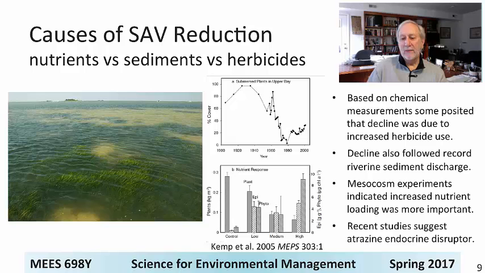Now, it was thought by some scientists that the reduction was really related to the advent and expansion of the use of herbicides in agriculture. Obviously, herbicides are there to kill plants, and so the runoff of these herbicides that we could measure was seen as a culprit. Others thought it was the sediment input from the rivers that had increased and made the water cloudy. But this research, led by Michael Kemp and company, really demonstrated the role of nutrient over-enrichment, here showing experiments